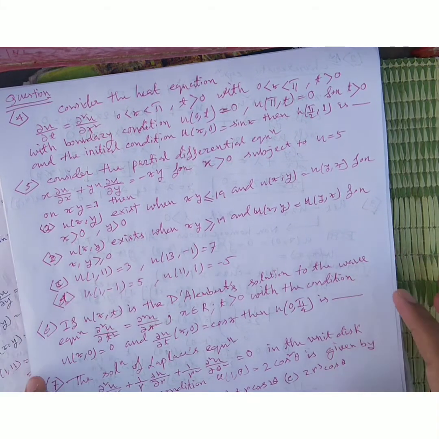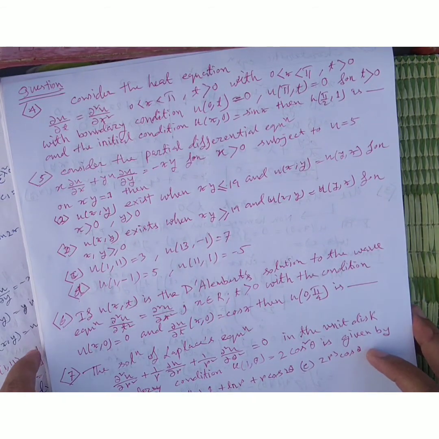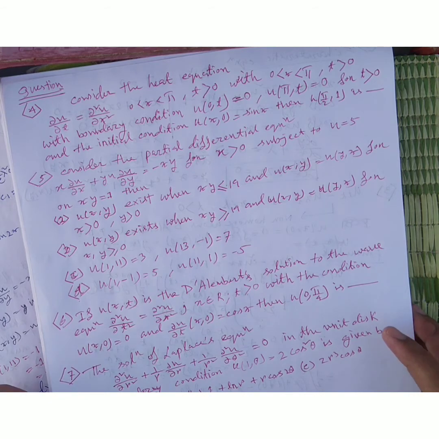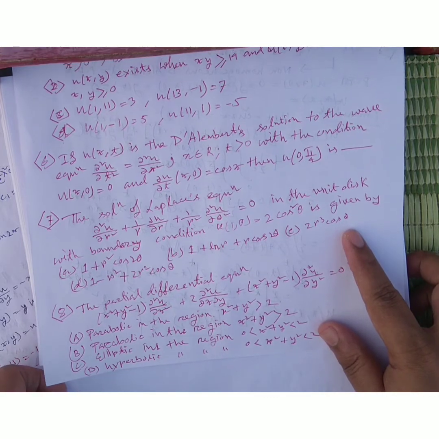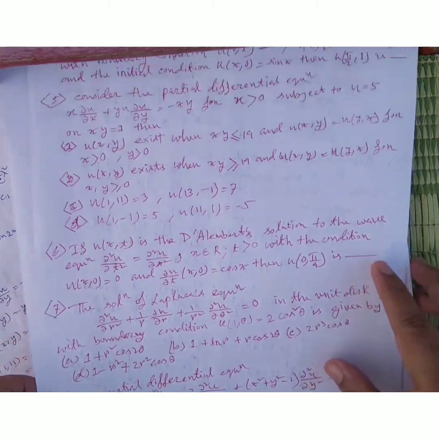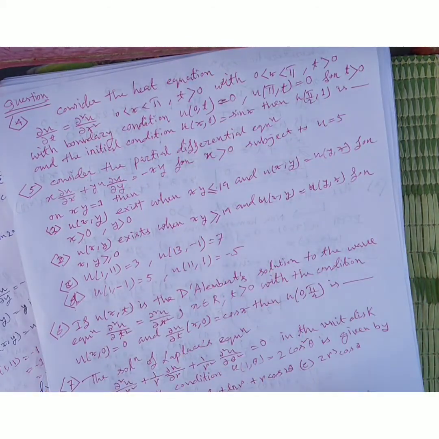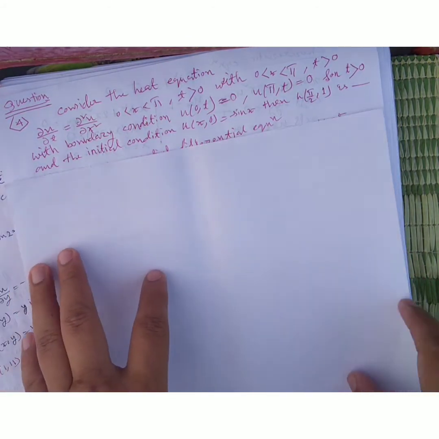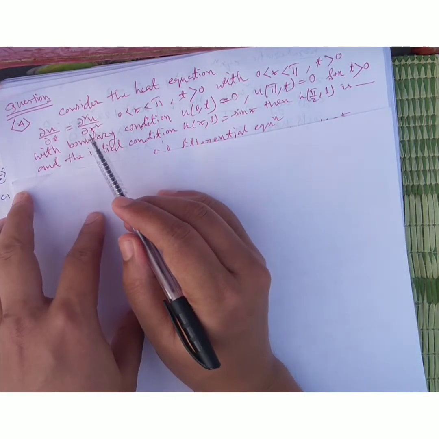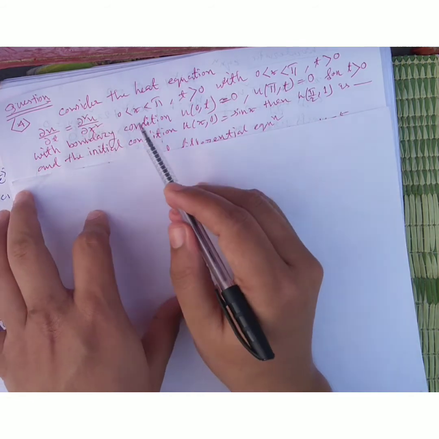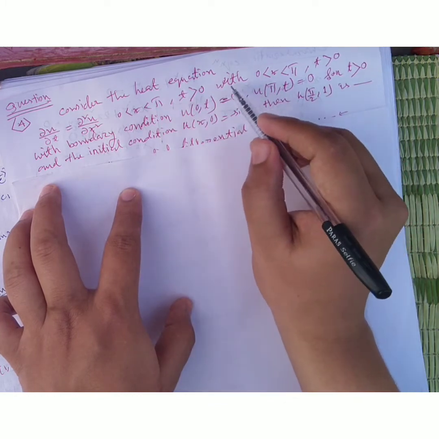Hi friends, I am solving a total of 8 questions, based on the heat equation and partial differential equations, and all are coming from the CSIR NET and GATE exams. So friends, let's start with the first question. Consider the heat equation: del u by del t equals del squared u by del x squared, for 0 less than x less than pi and t greater than 0,